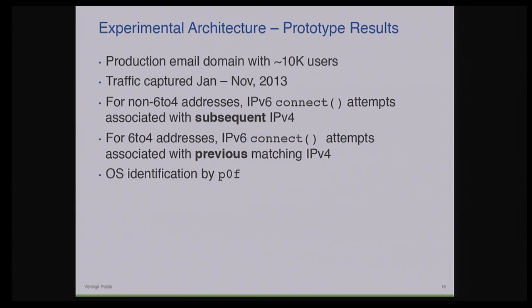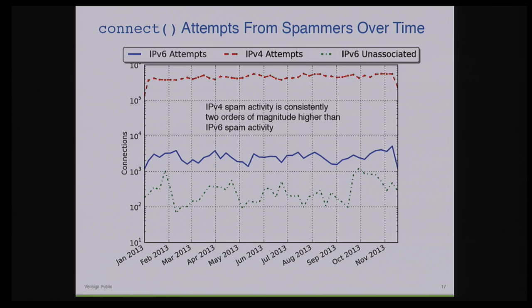So the next slide shows a graph of some of the traffic that we saw. And so this is daily connect attempts. Now, one other caveat here is, because these are connection attempts, we are unable to determine whether this is, for example, an ISP MTA that's out there retrying to deliver the same message over and over, or if these are new messages from bots or whatever. But this does give us some idea of activity that's out there.